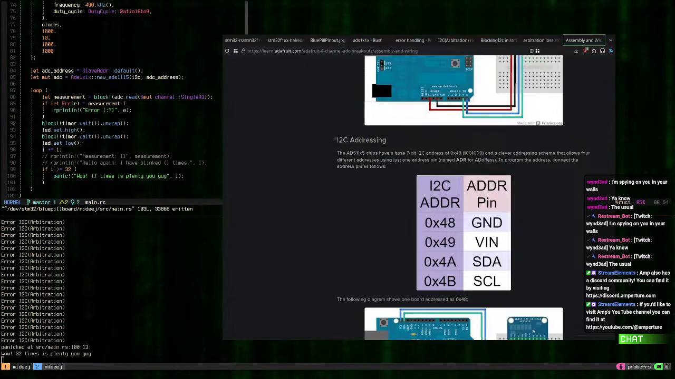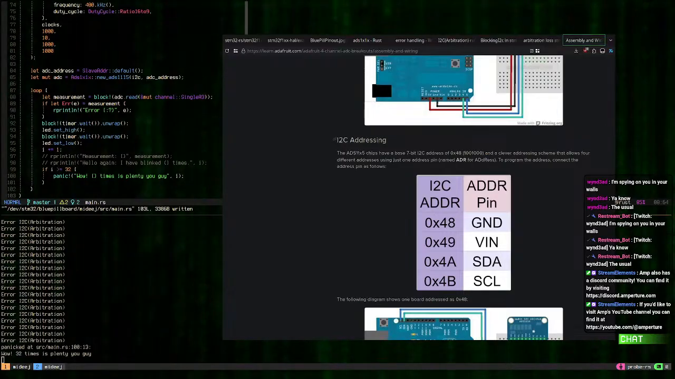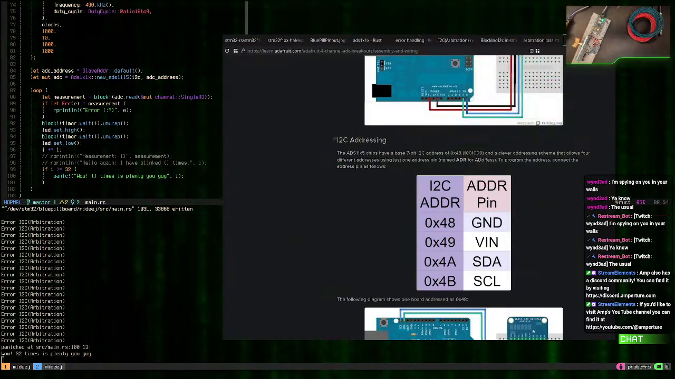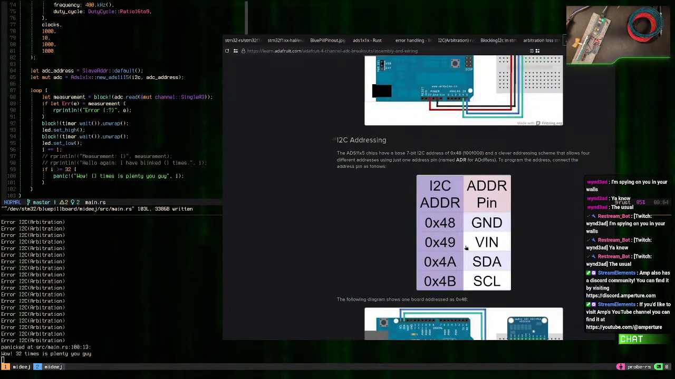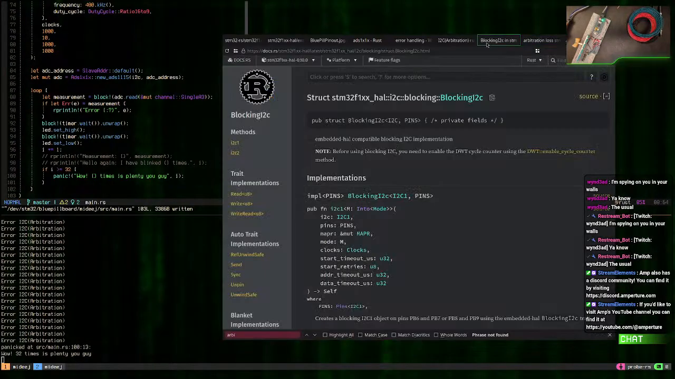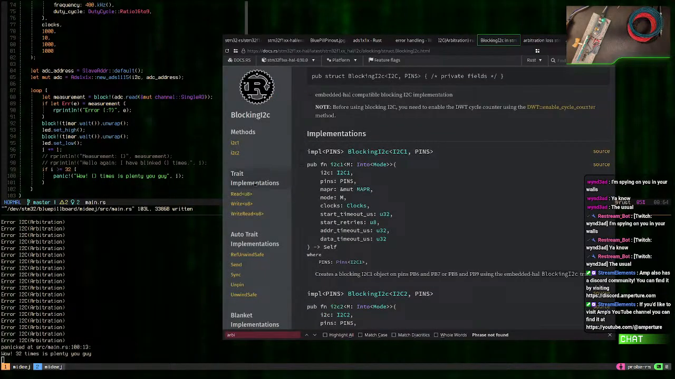All right, so I looked it over. You guys can have big cam. Not big cam. We'll give small cam back. Okay, so I'm connecting it to VIN, which should give it 0x49. It is entirely possible